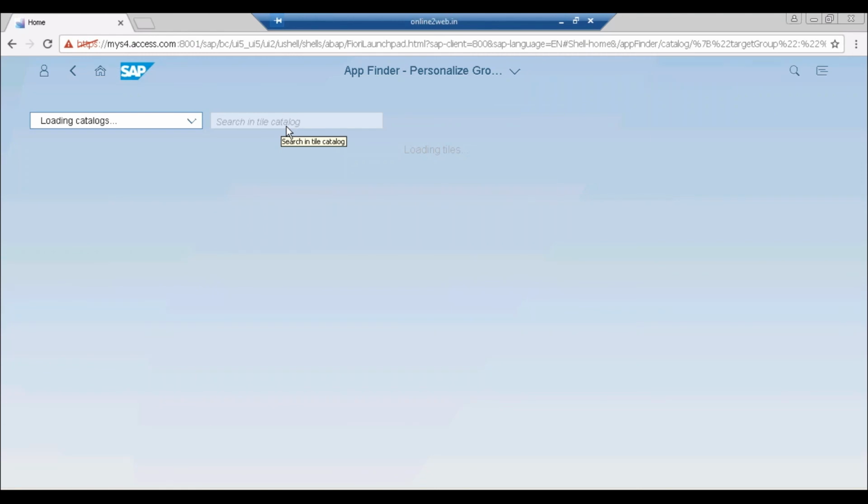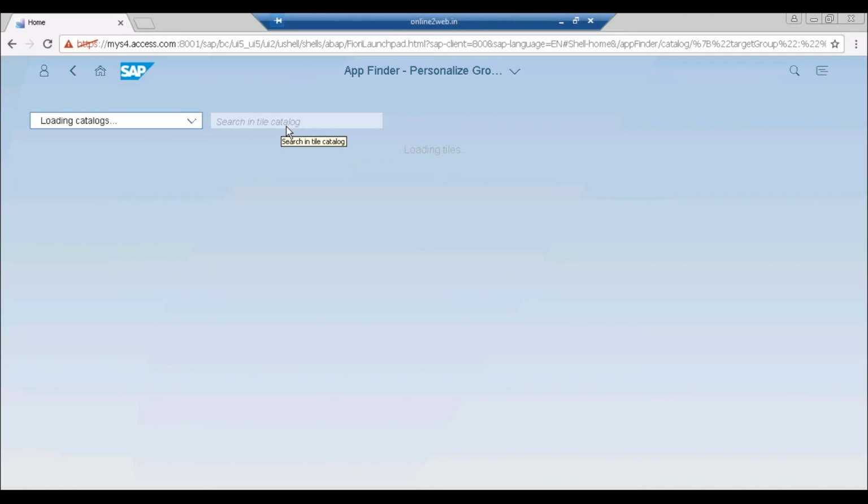Gaurav, by the time it comes, I have a question. You said that Fiori roles are different, right? So you mean to say the Fiori role is different from the SAP S4HANA role? Yes. Okay, so we'll have to maintain 2 roles in this case, right? Yes. See, normally what will happen is, this is a normal scenario, you are not going to provide both accesses to the end user.